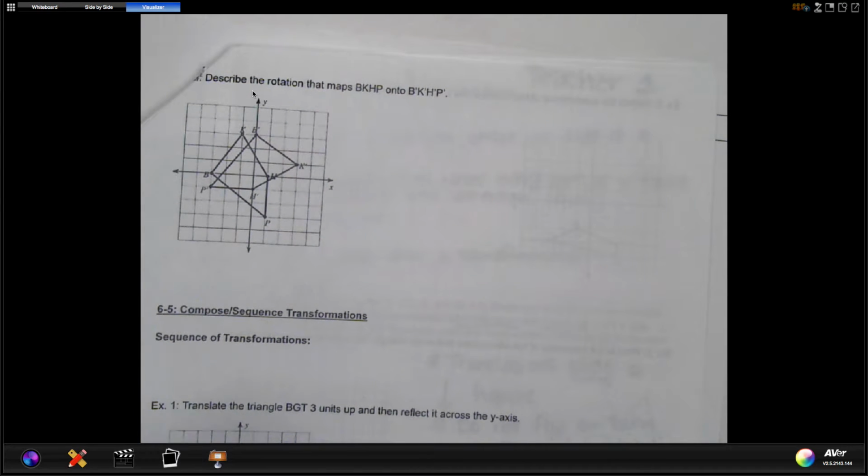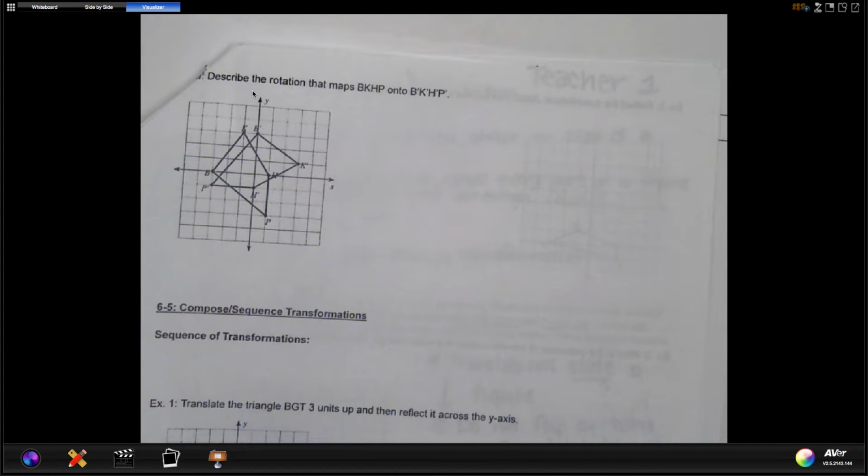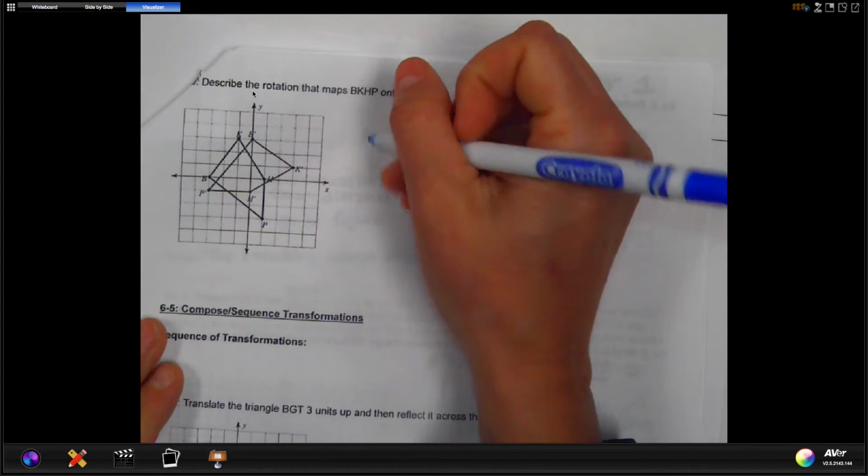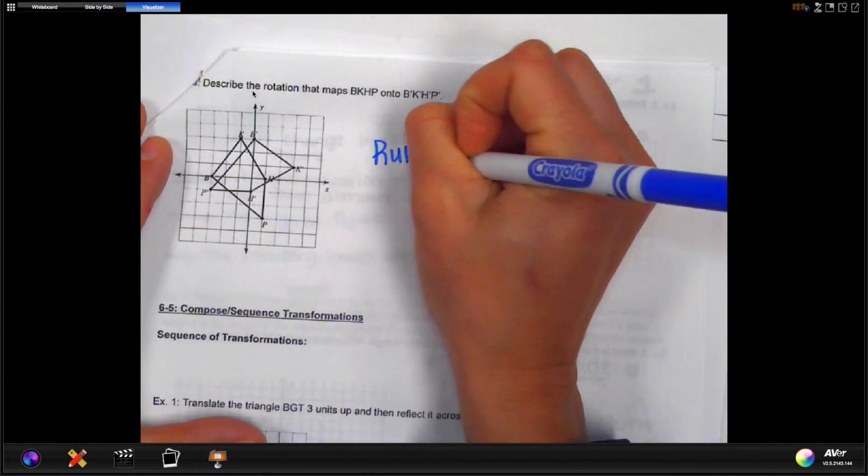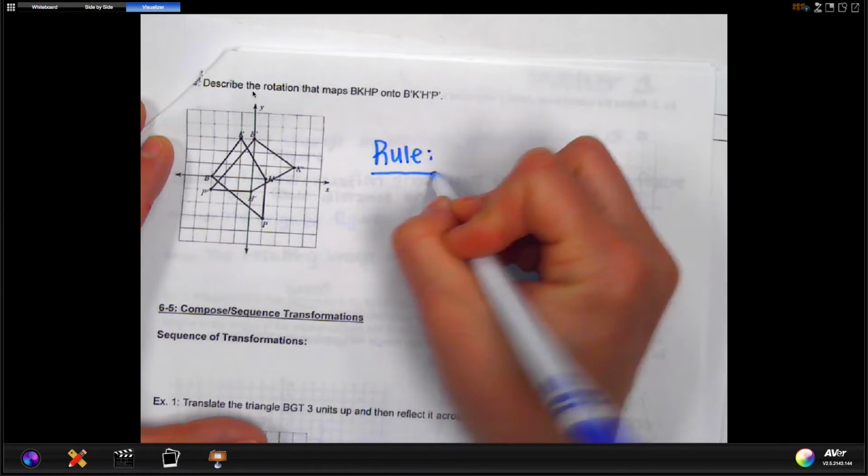So if you look and turn the page, there is a rotation that's already performed. The first difference that you'll see is that it is overlapping. But you see that it is turned, so you know in your mind that it's going to be a rotation because a rotation is a turn. The way you figure out the rule that goes with it is by taking a look at one point that